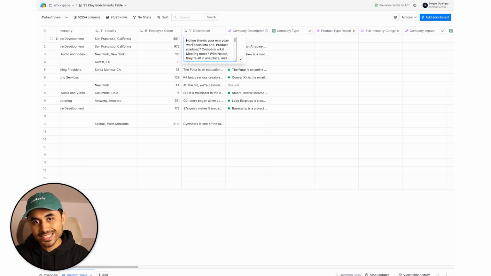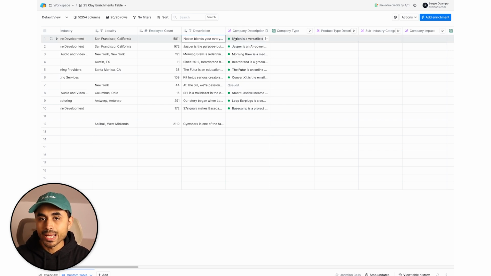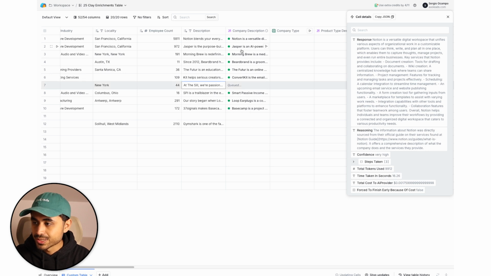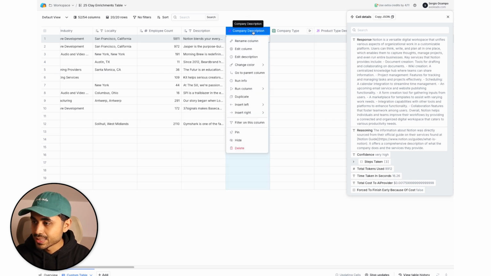This is kind of a salesy description because they want people who are visiting their LinkedIn profile to see this description, but we might want a more, like, I don't know, generic description of the company so that we can actually draw conclusions from the company. And sometimes it's going to be more comprehensive than other times. So yeah, just for the sake of consistency and for the sake of having a comprehensive description, we asked Claygent,